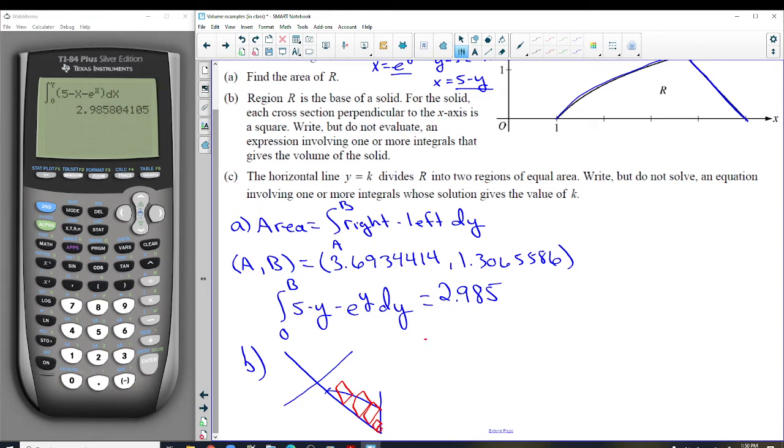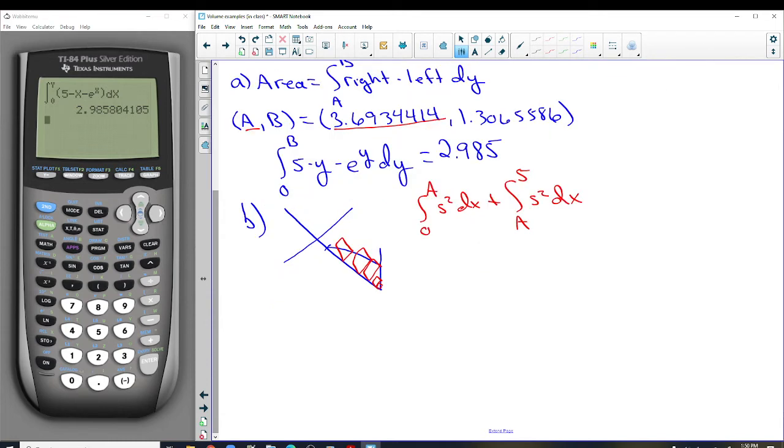So I need to integrate from 0 to a, and it's really side squared dx. Then once we get past a to 5, we have more squares in x, but we need it in x, not in s. Side squared is the area of the squares. So it's really 0 to a of the natural log of x squared dx,